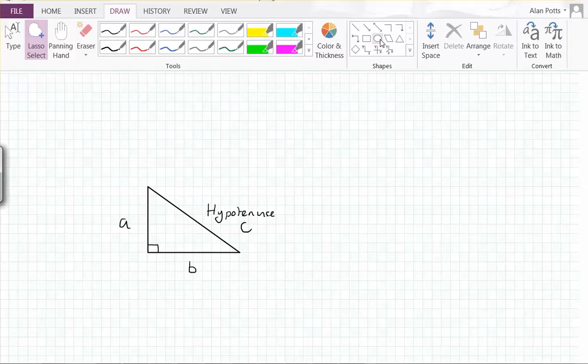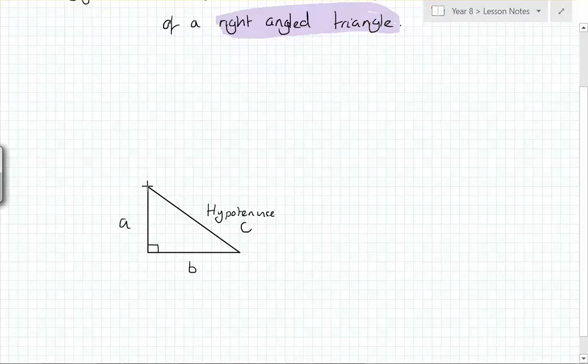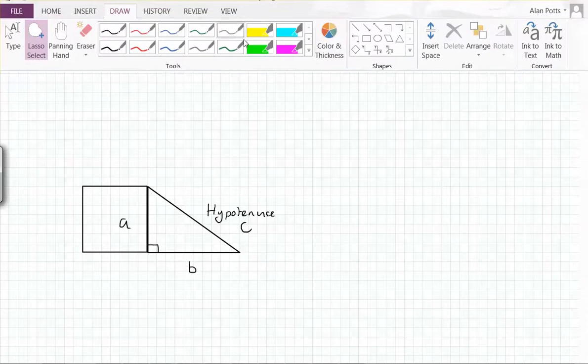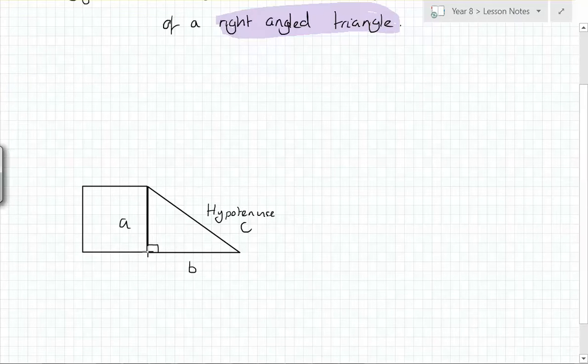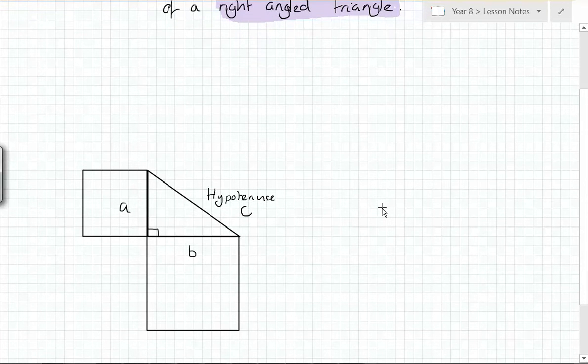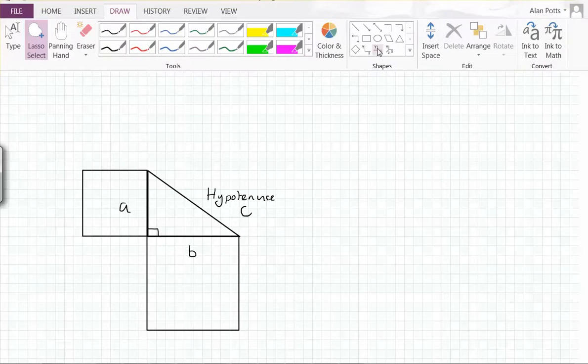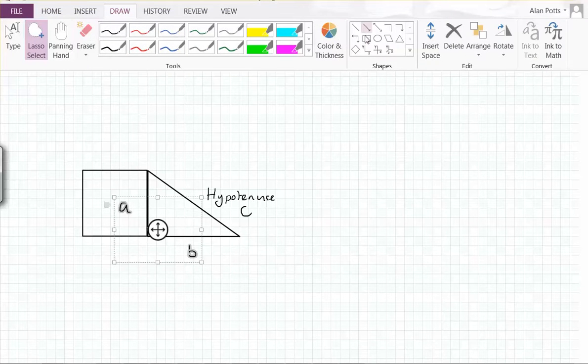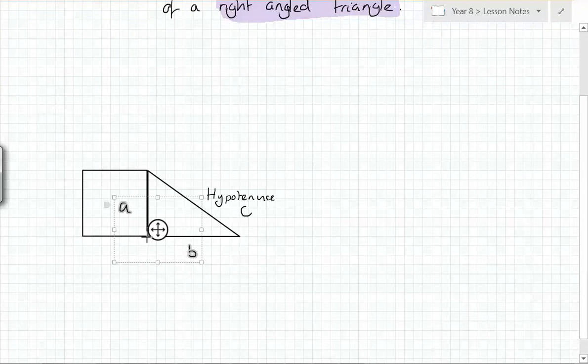And what he found out was, if you put a square on the two shorter sides of a triangle, alright? So if you put a square, are they actually squares? Yeah, okay, that's a square. No, that's not a square. If you put a square on the two shorter sides of your triangle,